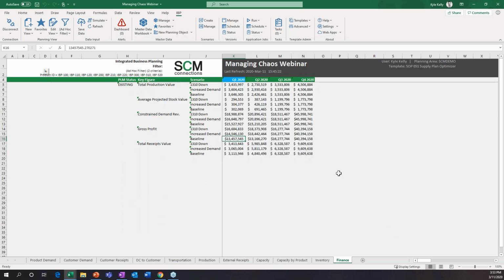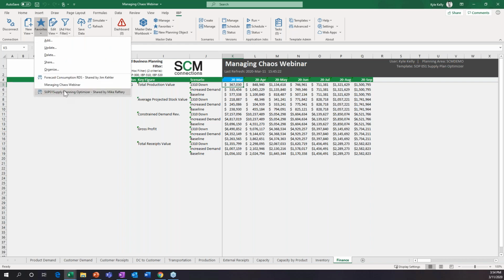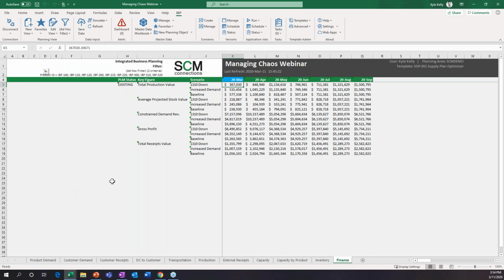The nice piece about this as well is maybe one person likes to view it this way, and another person likes to view it a different way. You can create templates that give you the base functionality, and then you can save this as a favorite. So I have this particular view saved as a favorite for me, and maybe Mike would save a slightly different variation for himself. You can come back to this every day and not have to constantly rework the view to get it back to the way you like to work.